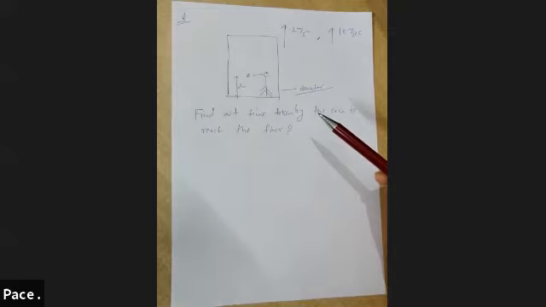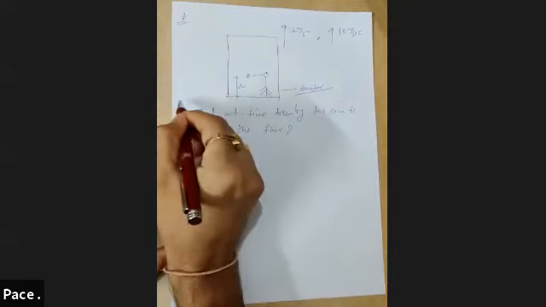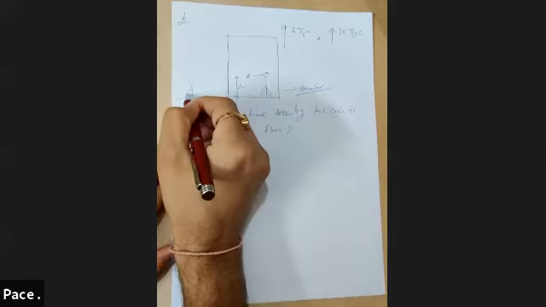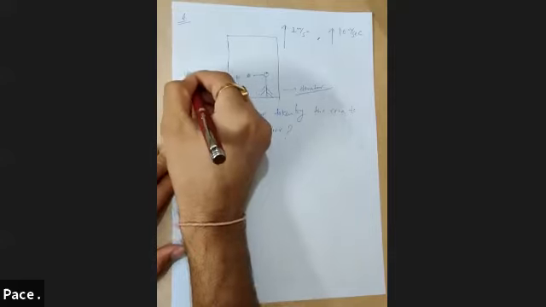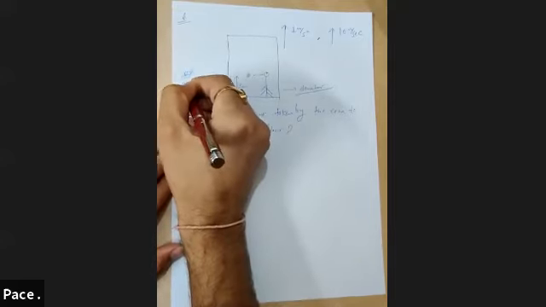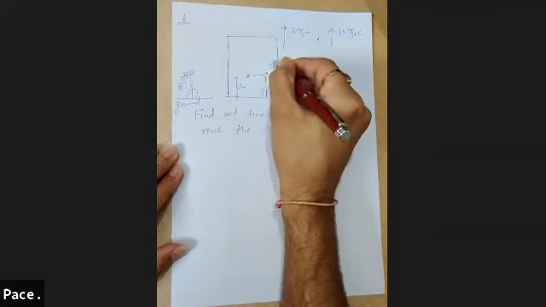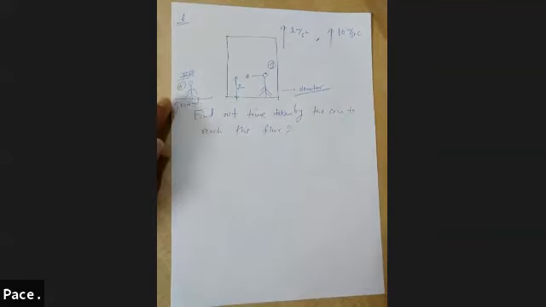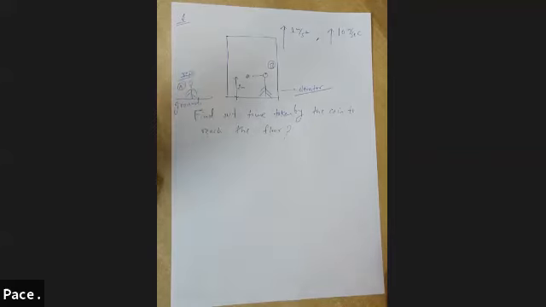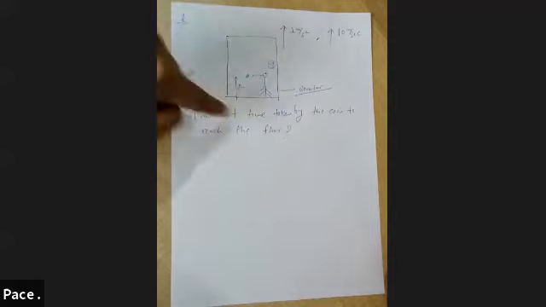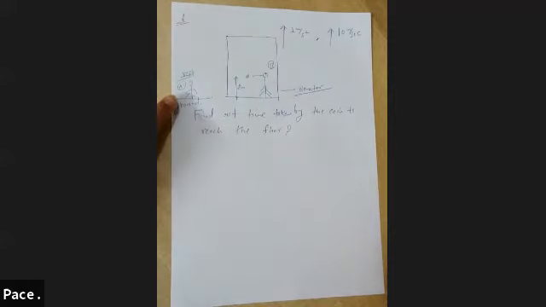That's it. So with respect to ground, let's say there is another man standing on the ground, and this man is at rest. This one is man A, and the man inside the elevator is B. If I go to man A and ask what exactly is going on, he will reply that the elevator is moving up with constant acceleration 1 meter per second square, and so is man B, because they both would be a single particle for man A standing on the ground.